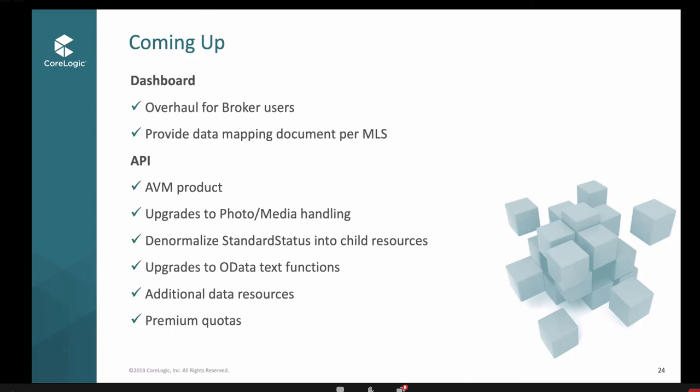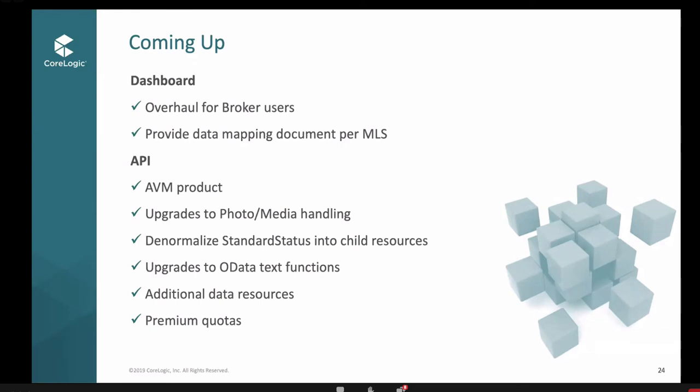And then one thing that is coming up that I think you'll probably love is we are going to be providing the data mapping documentation per MLS in the dashboard. So we're making those documents available on a request basis right now to help people migrate from native to data dictionary. Happy to give you that because we know you need it in a lot of cases. We'd like you to just have it to download and look at. You should bear in mind that it changes over time, so you shouldn't archive them somewhere. Come get them fresh. But that'll be, I think, very useful for folks.